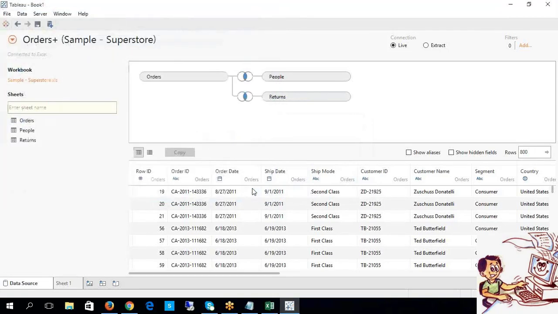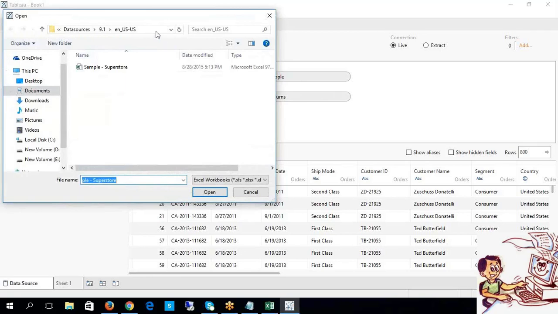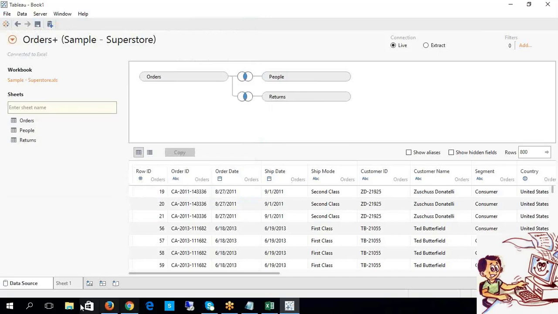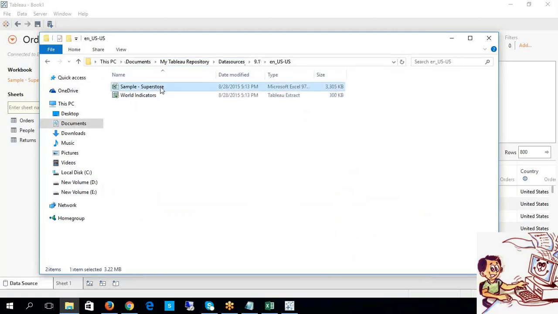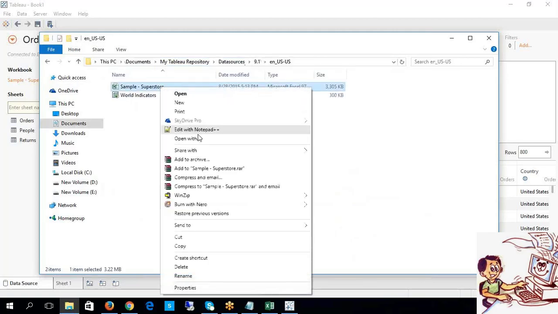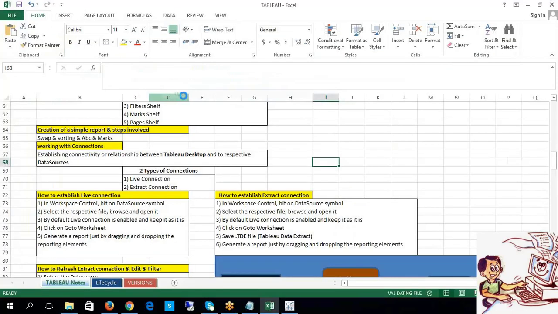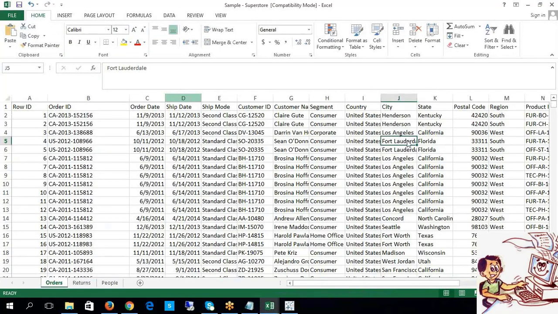Now what happens if there are any changes occurring to your respective data source? For example, for this Excel, imagine that I am making some source level changes. That's what you have to think. Imagine that some changes are occurring in your source file. So what am I going to do?